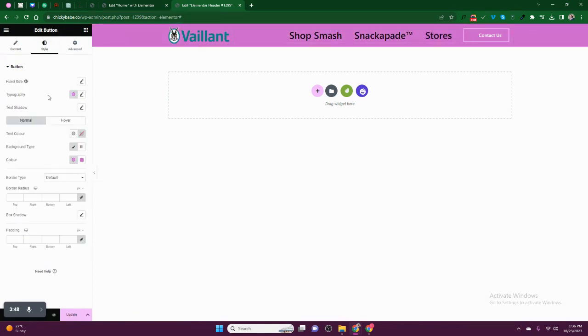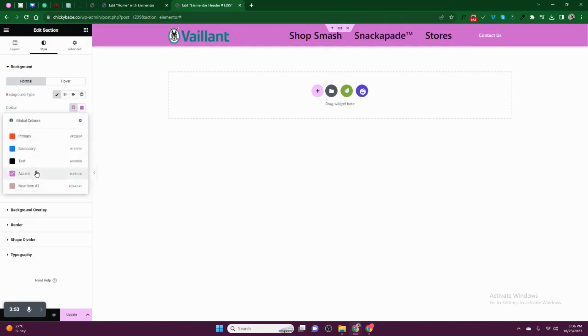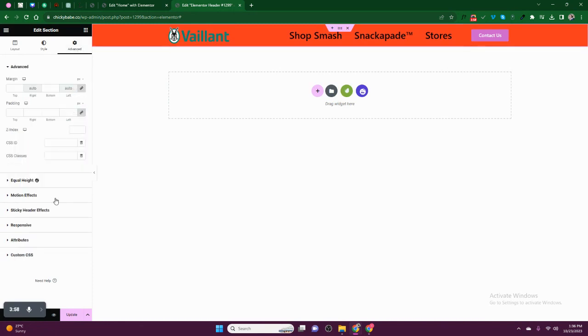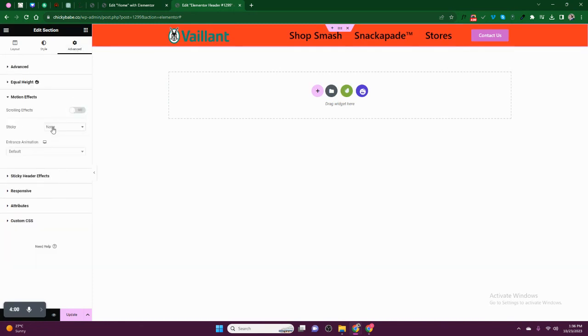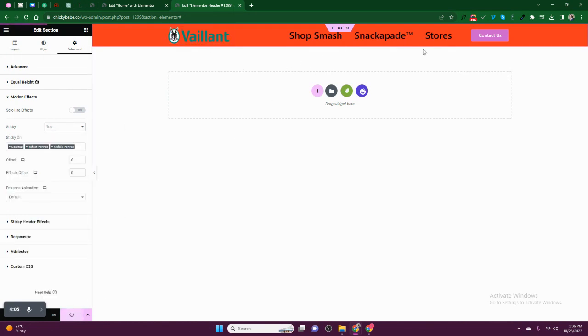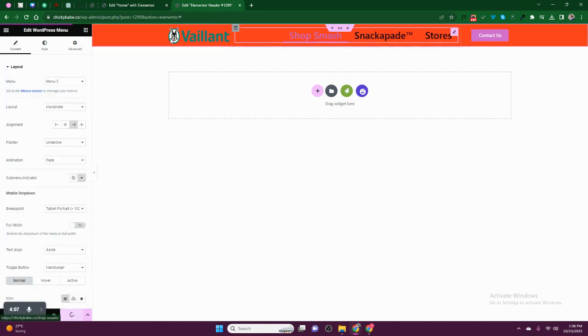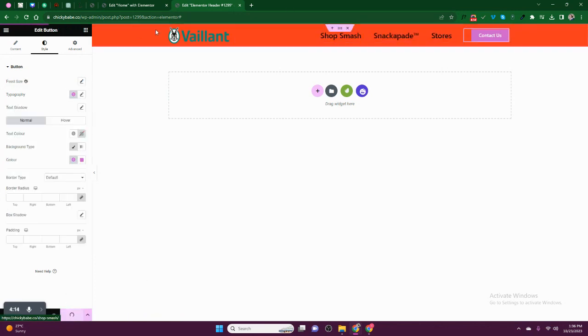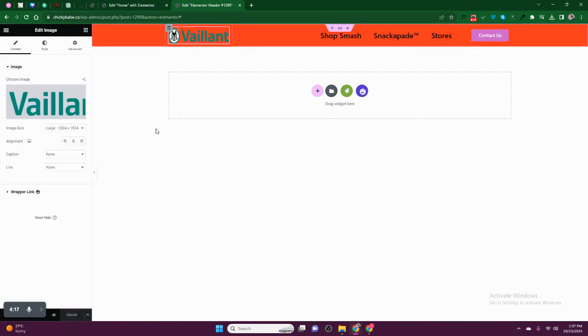Then the background color of the button, for example, mostly like you can change this one to this red. You can set it to sticky, a sticky option, top and up, so that when you scroll, it's like that. Then now here you can style, like adding the text, reducing the text, etc. Even the button you can style just the way you always style. Then after that, you are done with creating your